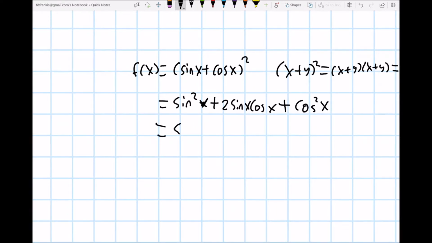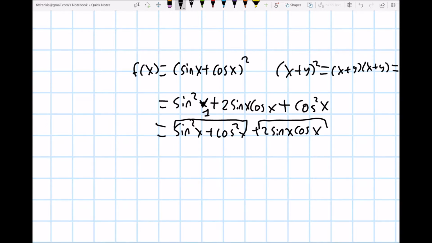We can rearrange the terms here, and once we do that, we'll notice two important trigonometric identities. So this can actually simplify to be 1, which is a famous Pythagorean identity. This is less well known, however it can still be easily simplified. This is the same as sine of 2x. So now f of x is actually the exact same as sine of 2x plus 1,